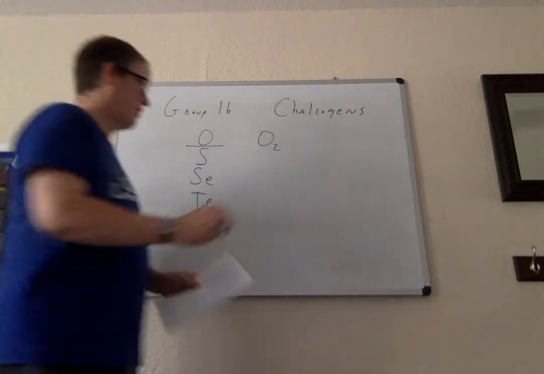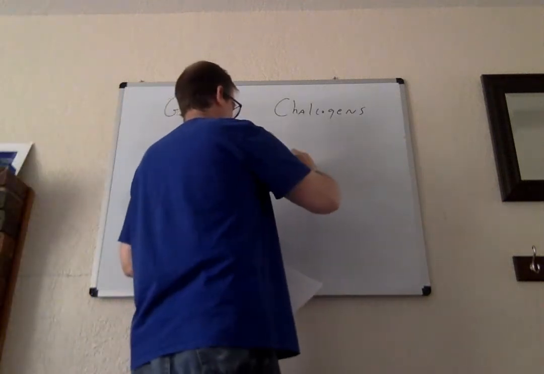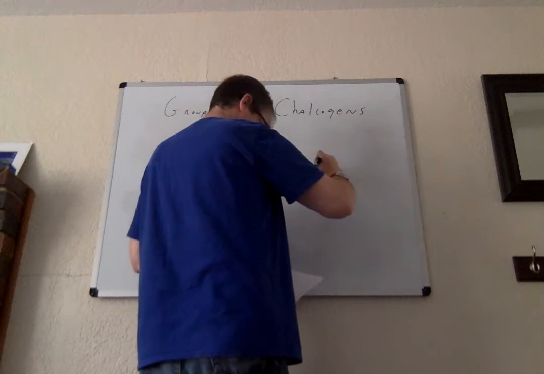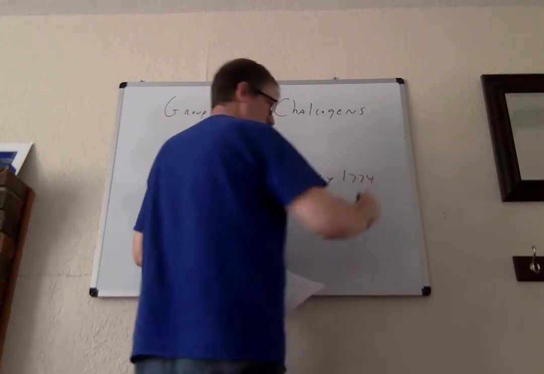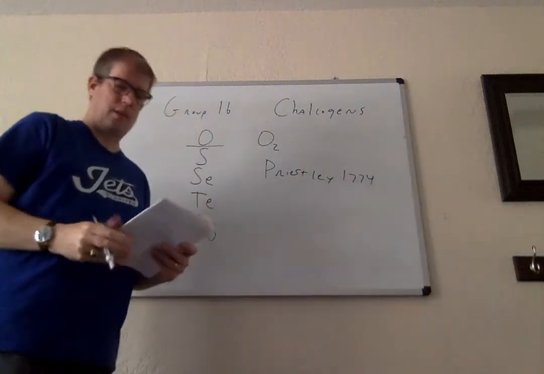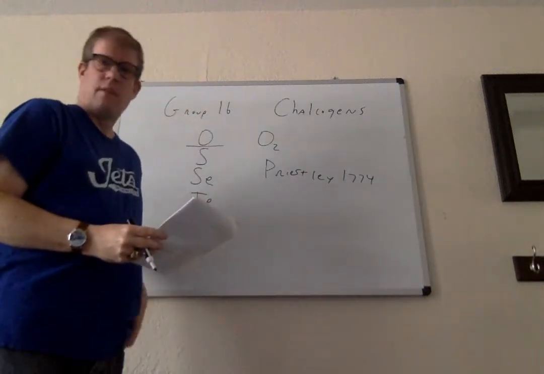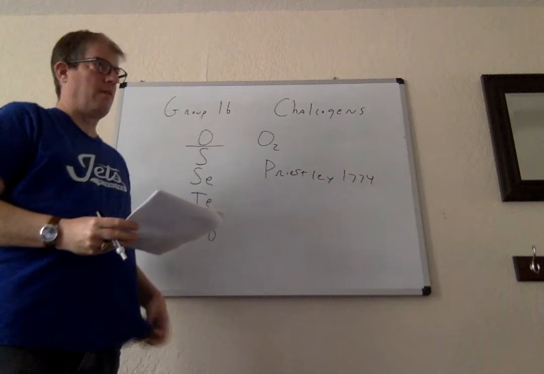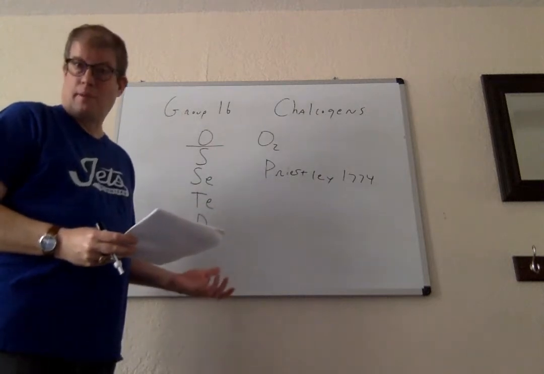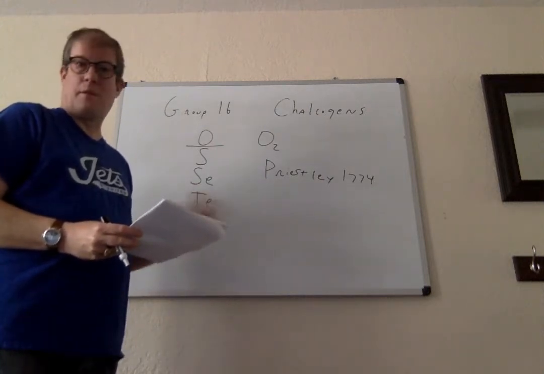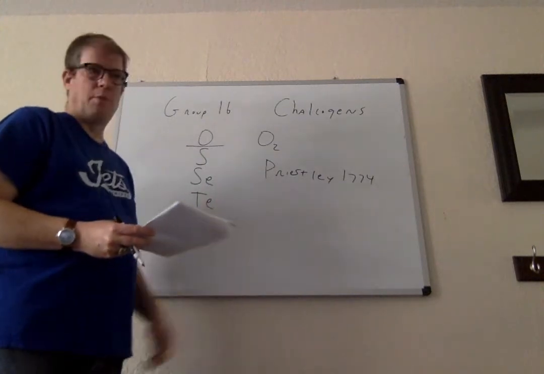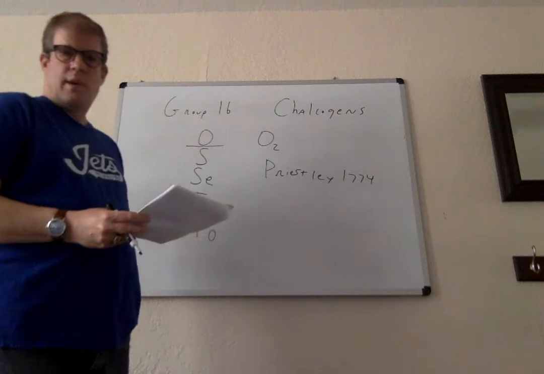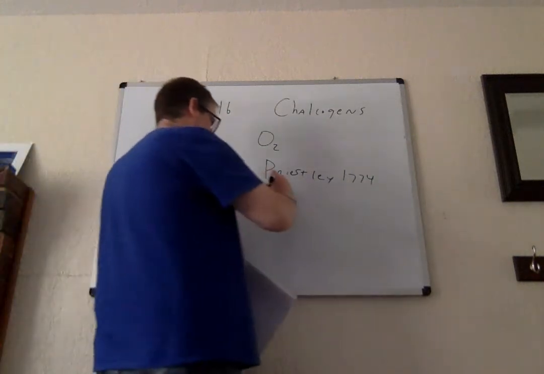It was discovered by Joseph Priestley in 1774. Now, obviously, discovered is kind of a loose term. Everybody knew that there was something in the air that was keeping us alive, but he's the one that quantified it. And what he did was